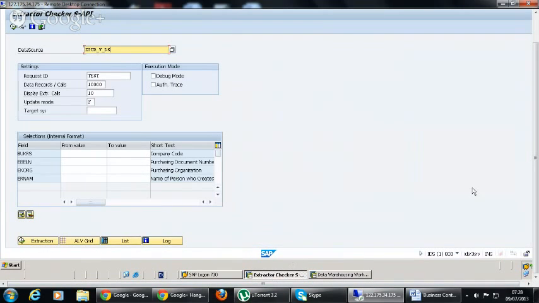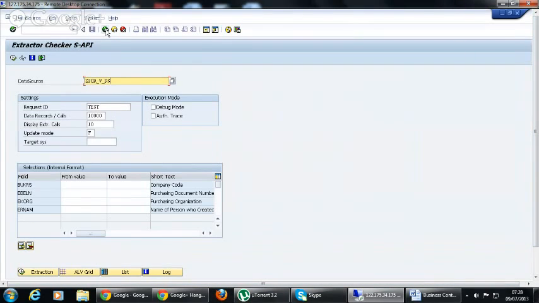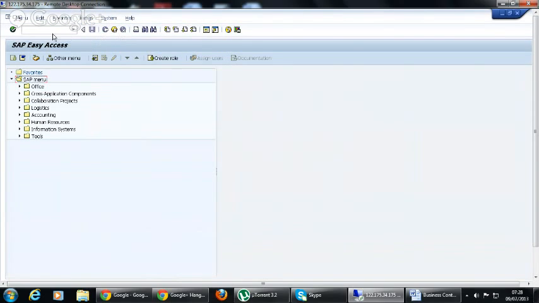Now we will see the extract structure of our data source, and then we have to find the info objects for the fields we have. For that we will go to RSA6.